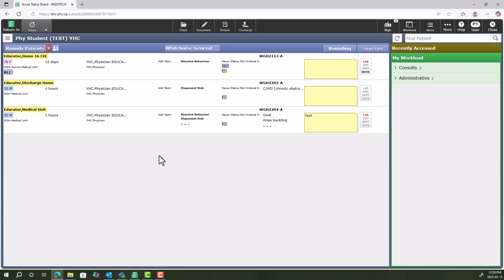As a student, you cannot sign up for patients. This is the only way you are going to be able to see who your preceptor is taking care of on the inpatient side. If you would like to print this rounds list, you can click onto the hamburger button